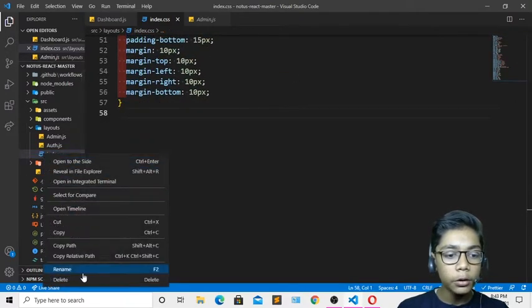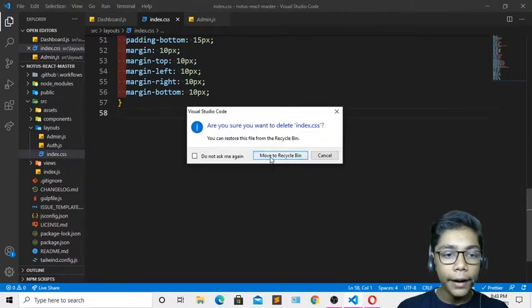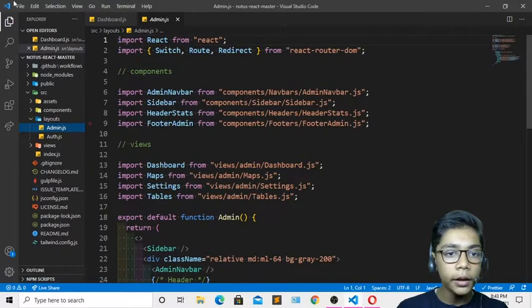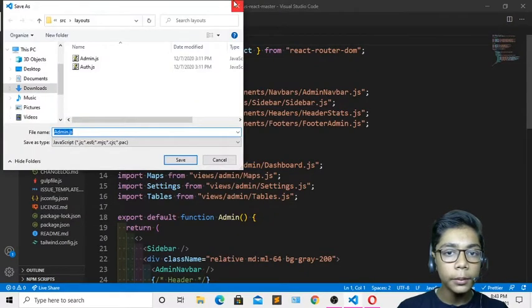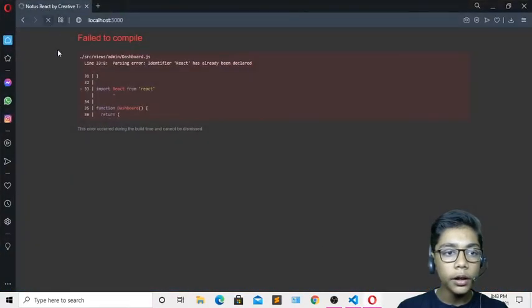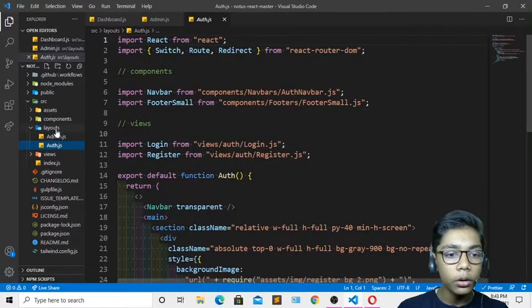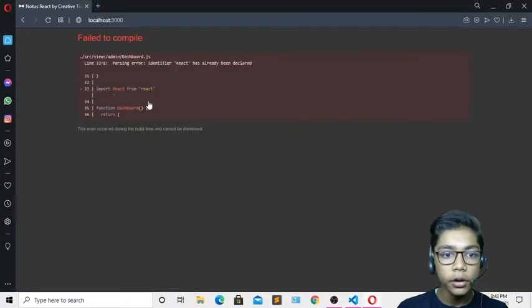So for doing that, you have to delete this file, because it will be automatically applied to all the things. So I will delete, and I'll hit save, and it will be applied to all. Hit save again, then go to Opera browser and hit refresh. So now here you can see again the error is coming, because here we have just declared. So now I'll be going to app, and I'll check the error. You can see that the error is coming in the file of dashboard.